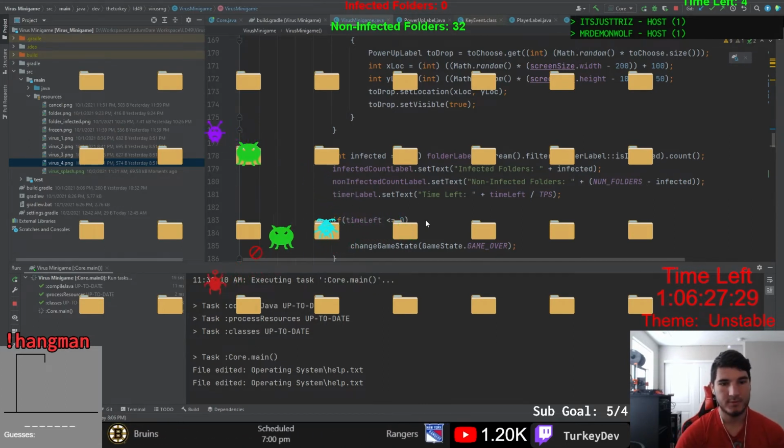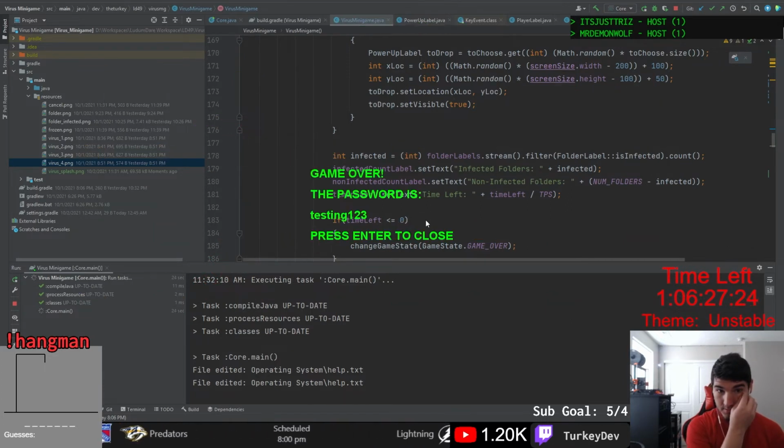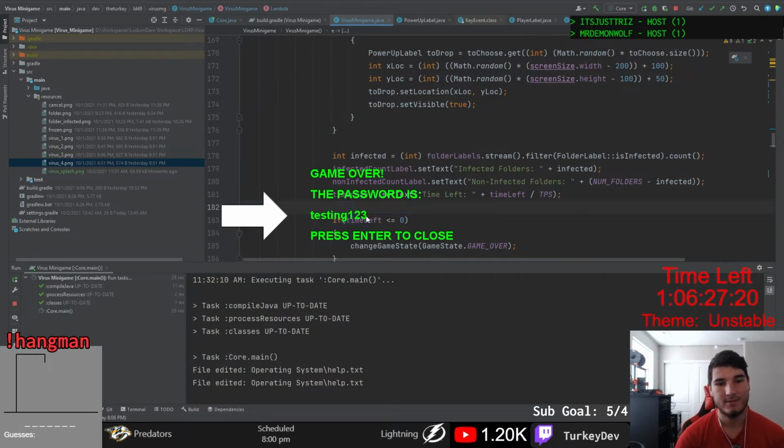The player had all the tools needed to keep up with the viruses while being outnumbered, and work towards the goal of having more than half the folders not infected when time runs out. Beating the game would also reveal the so-called win screen that included the password that played into the next part